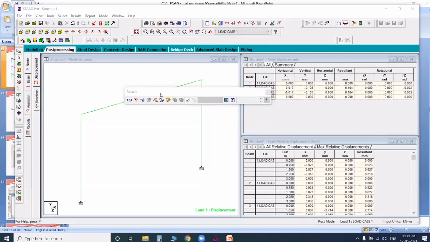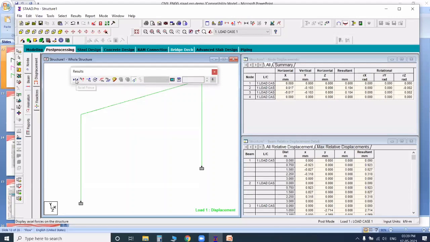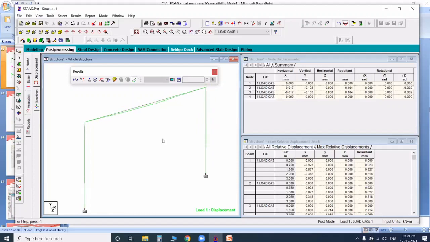results box. Okay, result box. In this result box, Fx, Fy, Fz, Mx, My, Mz, and deflection. Now, the green color you have seen is the deflection. And you need to increase the scale. Just hold the control and scroll button. Okay, this is your frame deflection. Take the screenshot, you can submit.